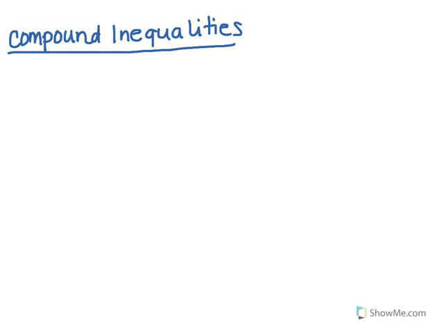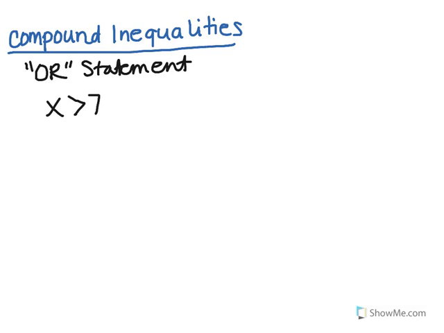In this lesson, we're going to continue with compound inequalities. What we're going to discuss this time are what are called OR statements. With an OR statement, we're going to have two different conditions placed on our numbers, on this variable. What we're saying is I want all the numbers, x's, that are greater than 7. The other constraint that I'm going to put on there is all the numbers that are less than or equal